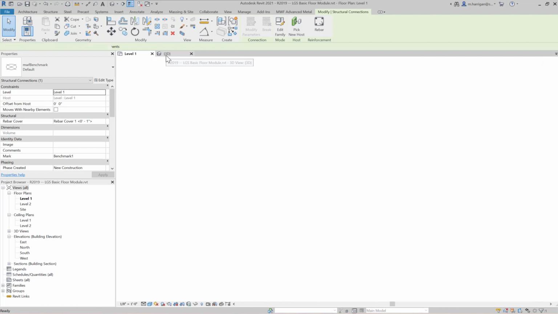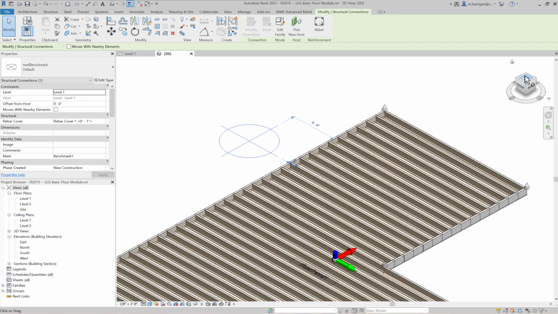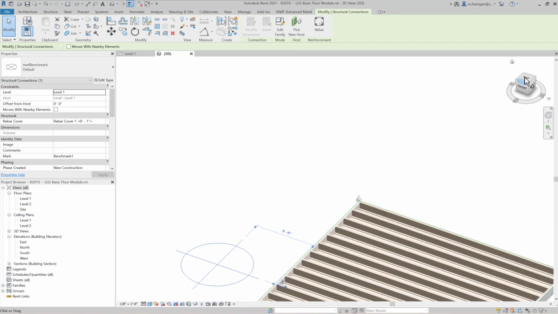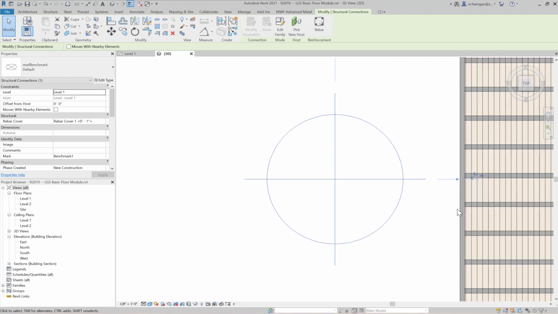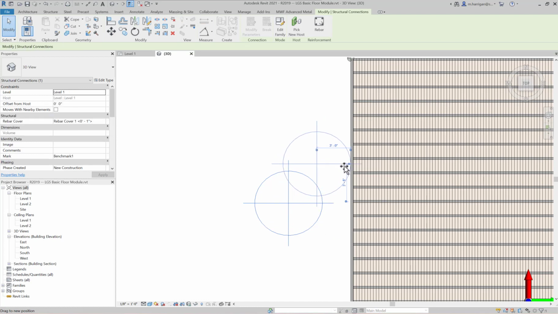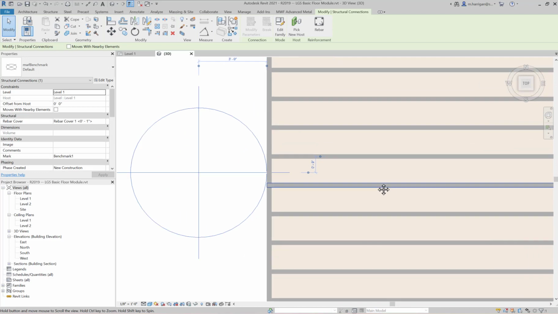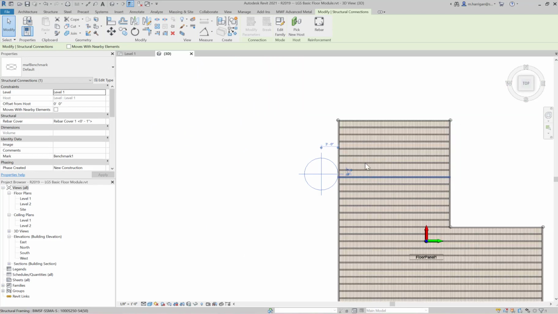I will go into a 3D view where you can see I have some joists already generated. I'm going to go into a top view and I'm going to move my benchmark to a location where I have no joists. So you can see in this case we don't have any joists. So what I would like to do is have my joists follow that benchmark for the